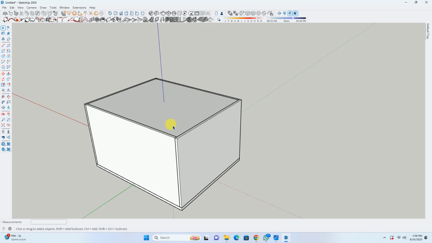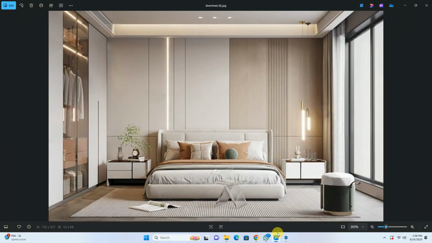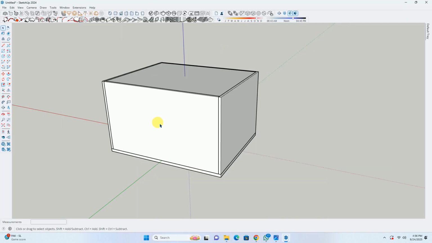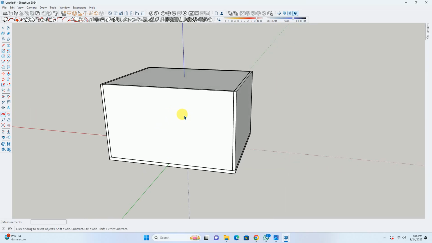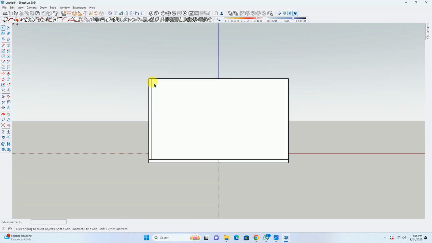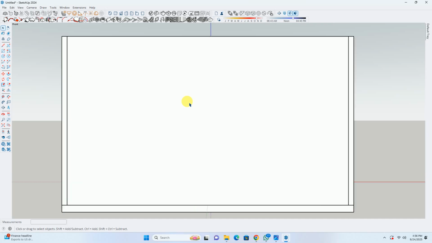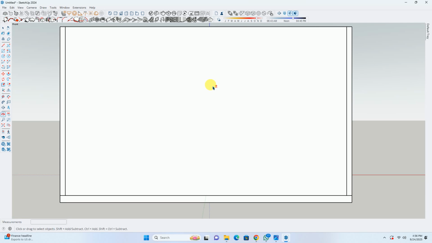Got it? Before working on it, I want to work on this particular view. We are considering it as our front view. To work on a single view, first of all I'll set up my view. For that I'll go to this front view option. Now as you can see, this is the boundary of our room, and other spaces are also visible to us. So I'll use the scroll wheel of the mouse. I'll scroll it forward so that we can get a zoom view.